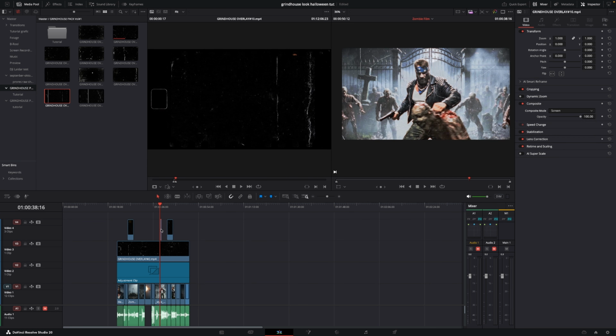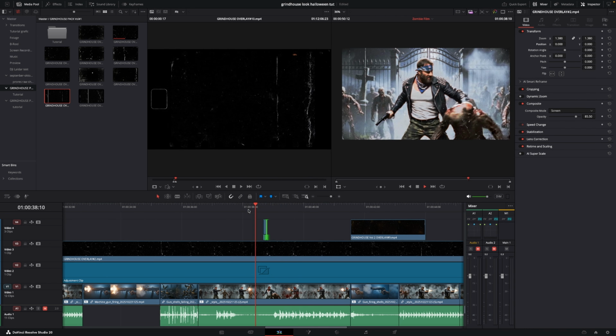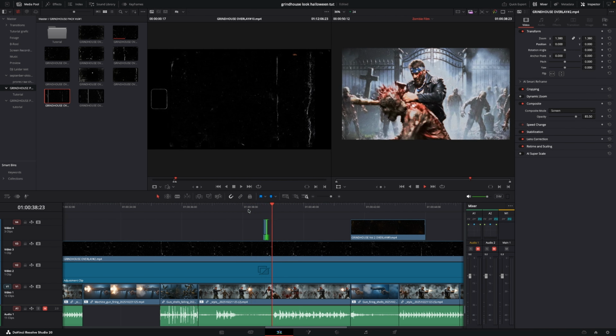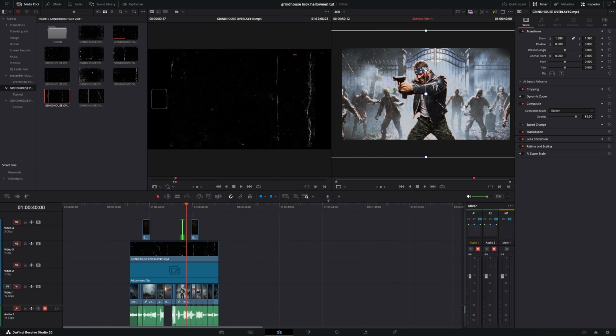Then I'm going to take this, and in the inspector, I'm going to zoom this up quite a bit. And I can move it around like that if I want to. Also, I could just go down here, click here, and just move it around like that. So I'm going to put it right on the face. And it's going to be like 1, 2, 3 frames, a very short one, so that it's going to hide our ugliness a little bit. So that's one way you could do that effect and hide mistakes and stuff like that